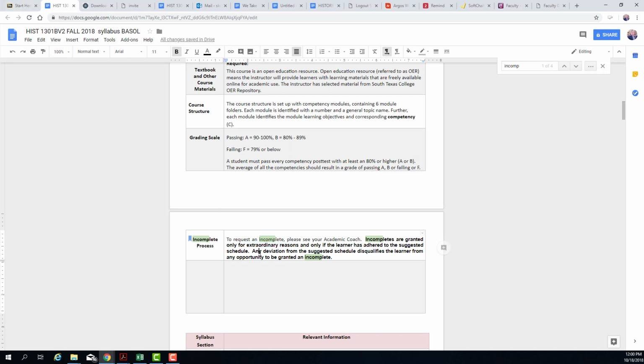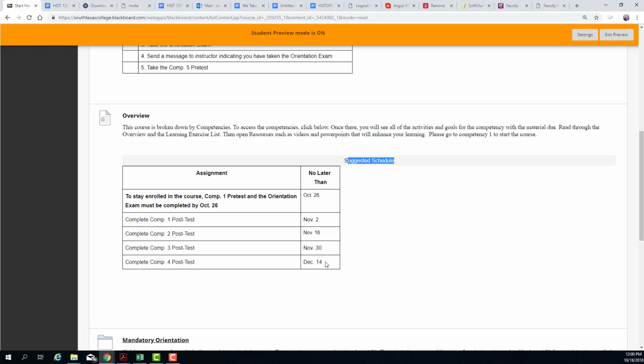But the first thing I will do, no matter what reason you're giving me, is look to see how closely aligned you were to the suggested schedule. On occasion, not all, but on occasion, some students choose to begin taking the post-tests and the pre-tests towards the end of the session in late November, early December, or even as late as the last week of class.